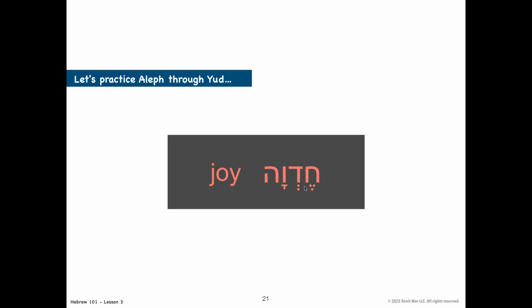this one is hard. So we have Chet in the beginning. Chedva. Very good, yeah, Chedva. Usually, more often than not, when you get two vertical dots in the middle of a word, it's quiet. So it would be Chedva. But even if you ended up saying Chedeva, Israelis would know what you are saying. So Chedva, and it means joy.